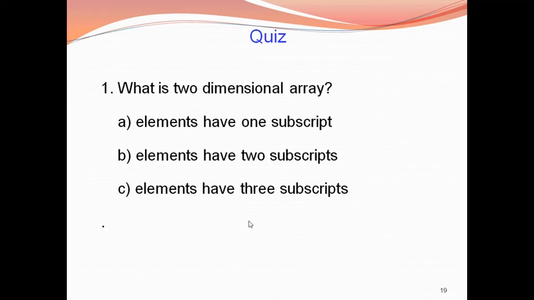Remember, two means two subscripts, one means one subscript, three means three subscripts. The answer is option B. Elements that have two subscripts are called a two-dimensional array.